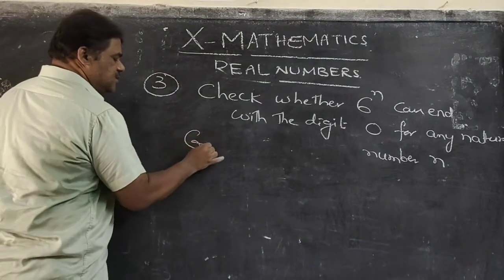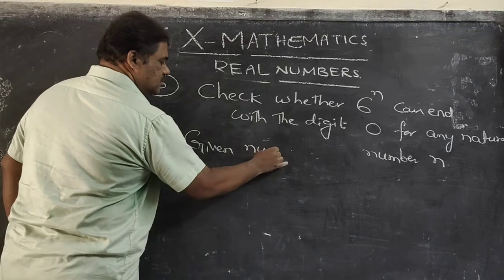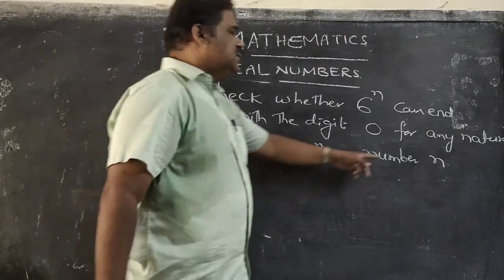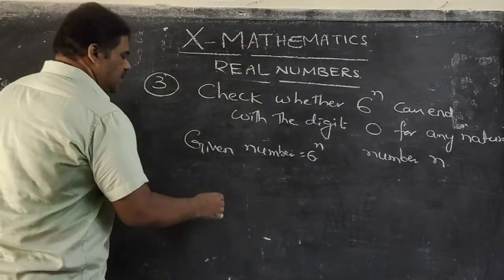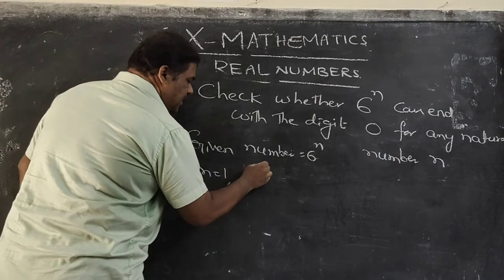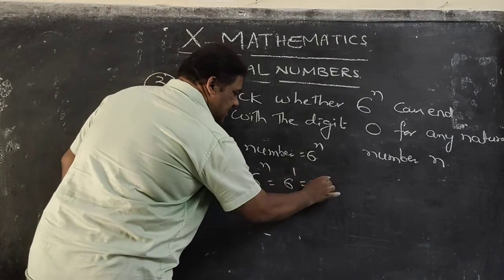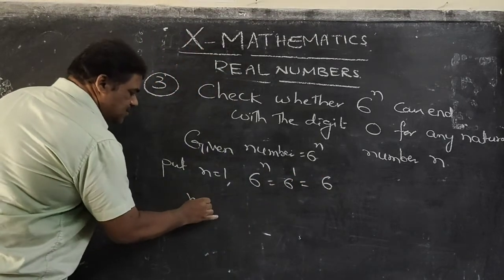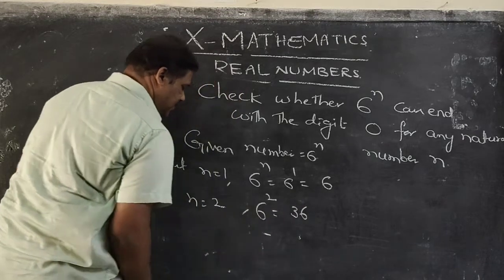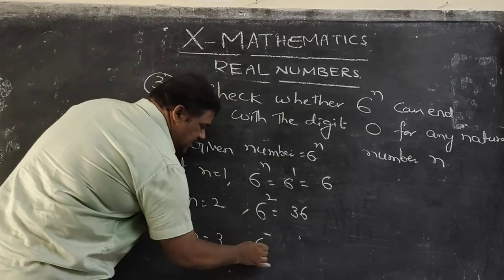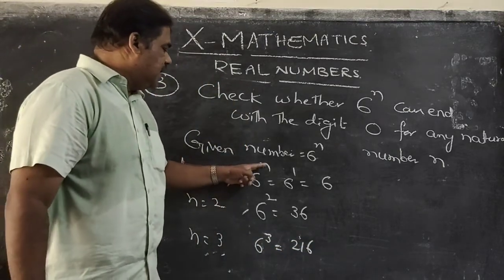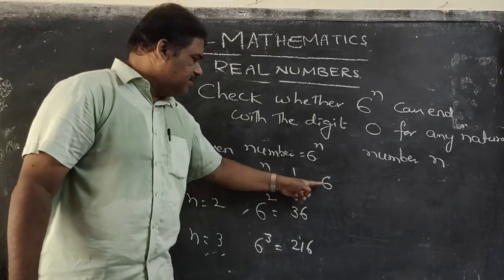Here given number is 6 to the power n. So natural numbers means we have to take 1, 2, 3, 4 and so on. If you substitute n is equal to 1, then 6 to the power 1, that is we got 6. If you substitute n is equal to 2, 6 to the power 2, that is 36. If you substitute n is equal to 3, 6 to the power 3, that is 216. So like that, if you substitute any natural number for n, we are getting the numbers which is ending with